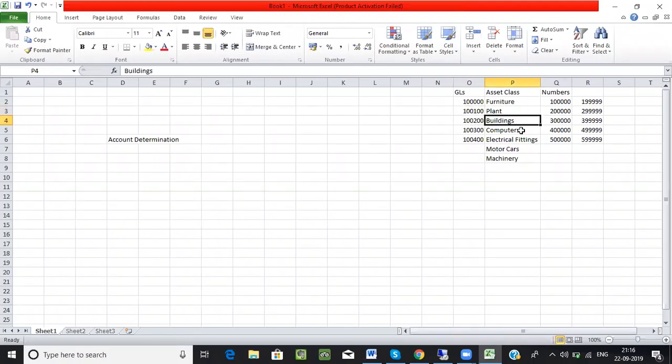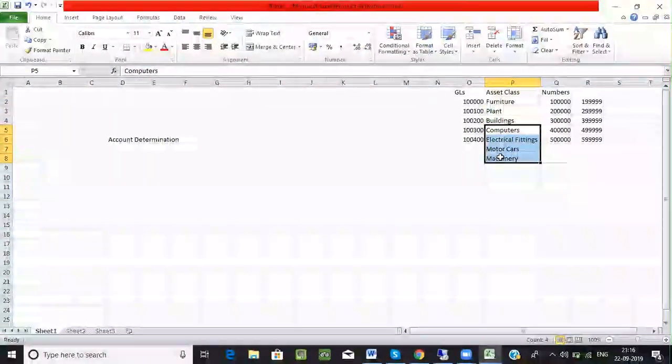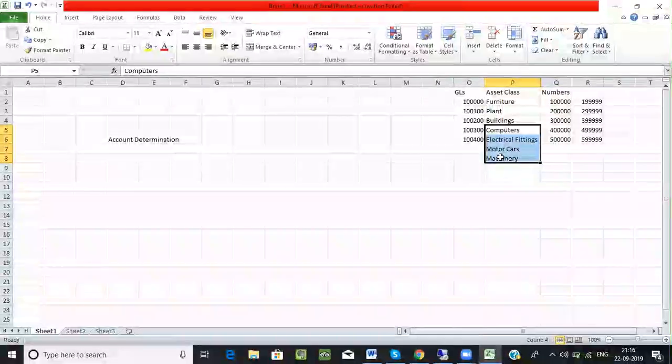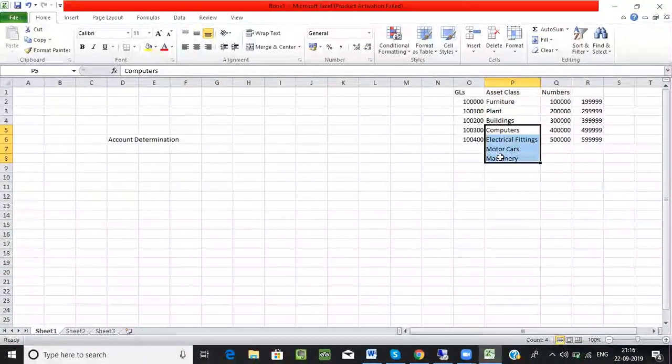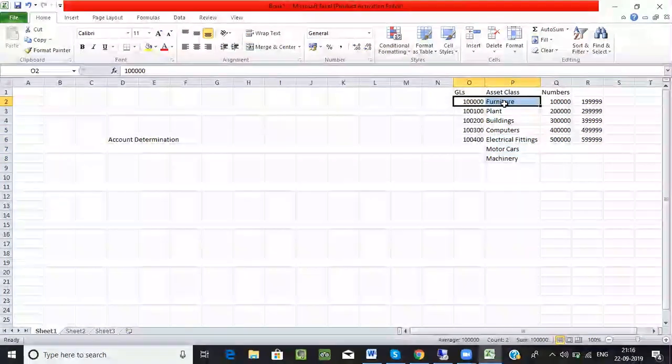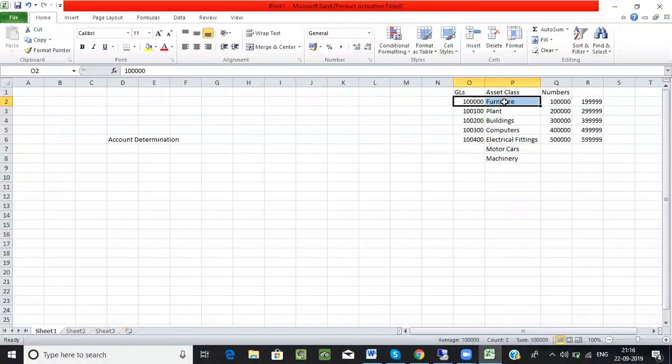Or you can keep one GL for all of them. For a few of them, you can keep one GL, and for the remaining, you can keep one more GL. That totally depends on the business requirement. But typically if they ask us for our opinion, we will have to suggest always a separate GL for each of the asset classes, so that I can view my